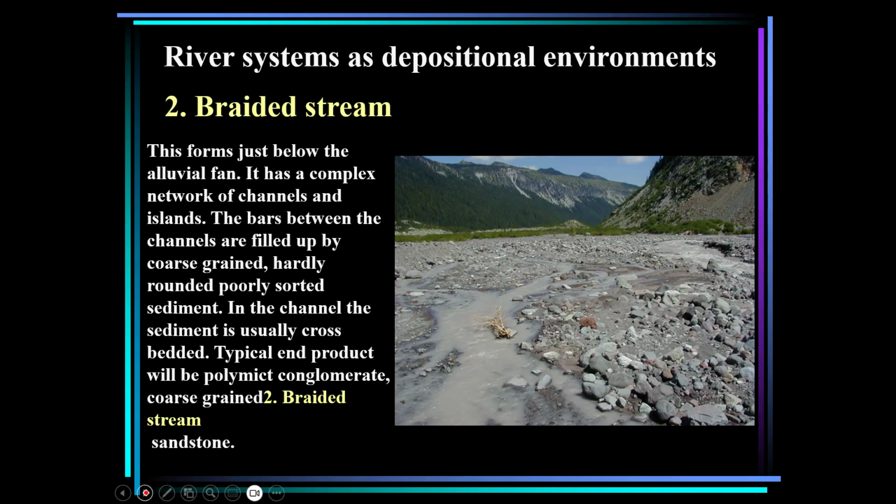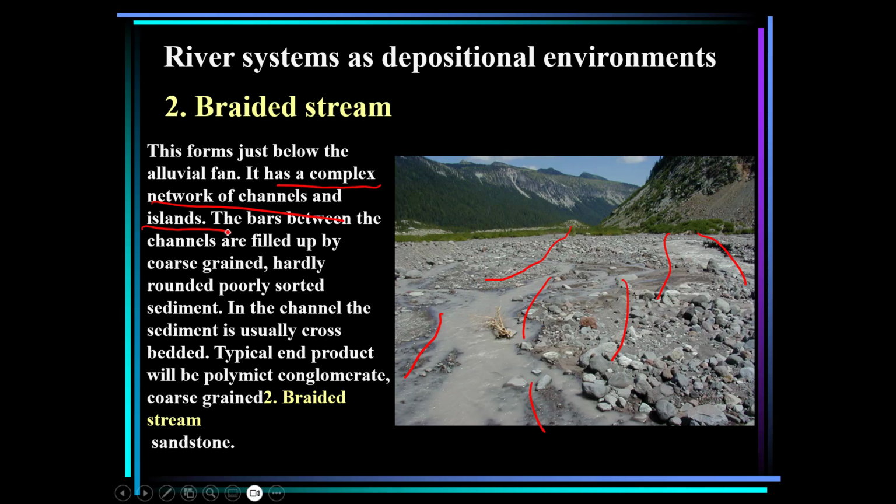Now we are at the braided stream. Usually the braided stream will form right below the alluvial fan area, so you are at a little bit lower part of the mountain. And you can see that because of the presence of a lot of sediment, the river will break up into low rivulets and sediment bars. Therefore, it has a complex network of channels